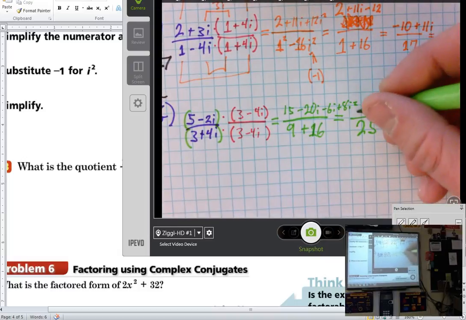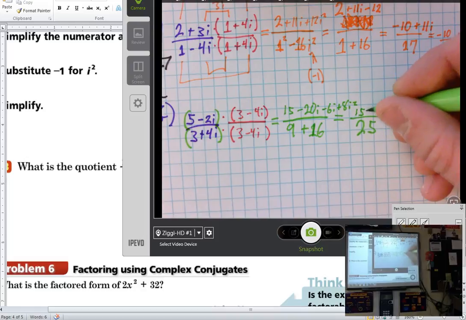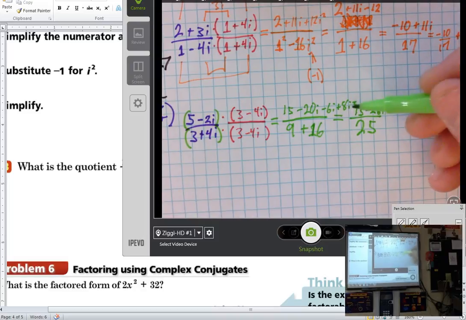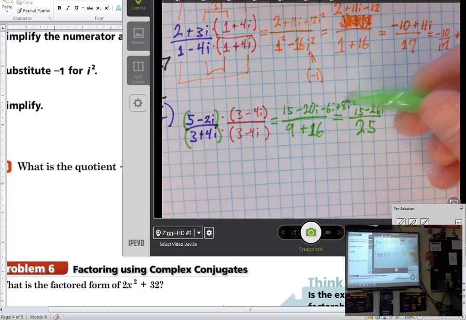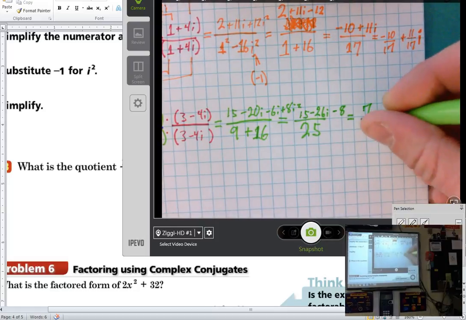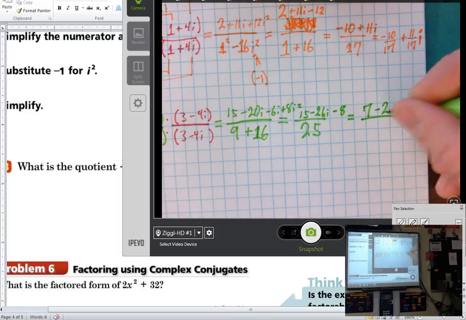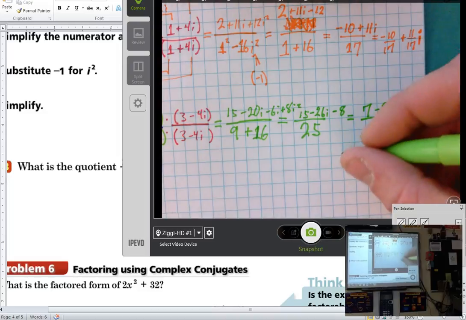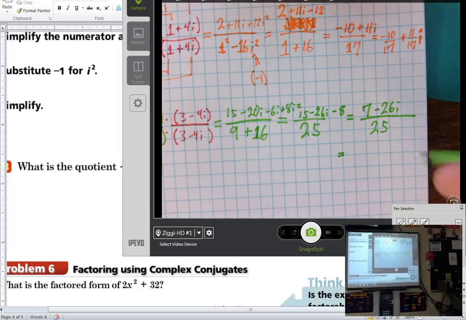Combine your i's, so we get 15 minus 26i, then minus 8, because that i squared flips the sign of the 8. 15 minus 8, combine your like terms. So then if I wanted to rewrite this as real and imaginary,